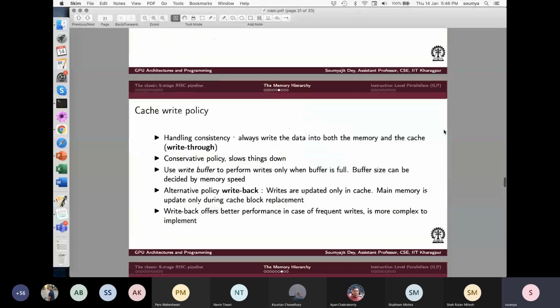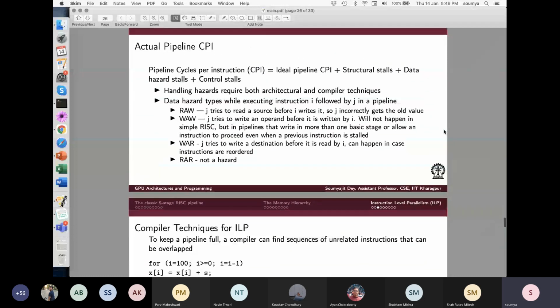Now we know that, for hazards, there will be several classes of data hazards. For example, whether you are trying to read before the write has been completed, or whether you are trying to write a variable before the previous write has been completed, and all that. And the CPU has to work in such a way that these hazards get detected, and accordingly the execution will progress. We have already given you some examples in the slide of certain hazards, and as we have said, the CPU must detect such hazards and accordingly stall the pipeline execution so that the system doesn't do something wrong.